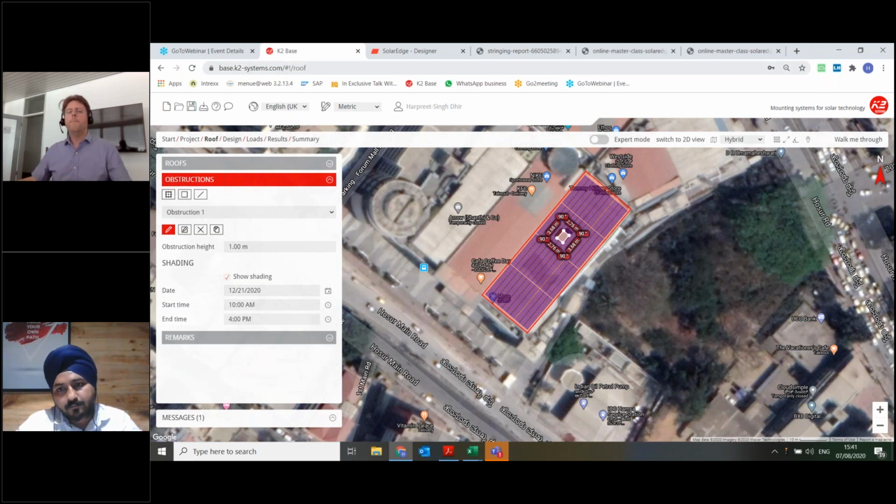Again, many buildings are not exactly east-west or south-north. They may be facing slightly off north of the site, and in such cases, if we want to put the modules exactly north-south, you would need either fabrication on the site or some kind of elevated structure.